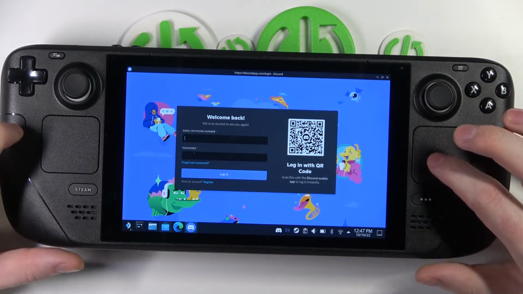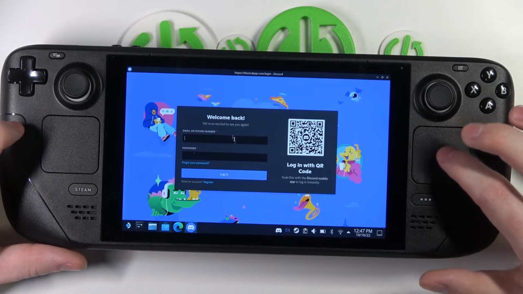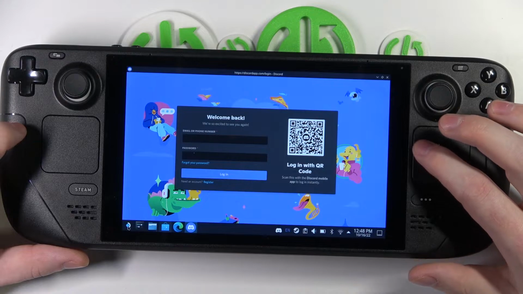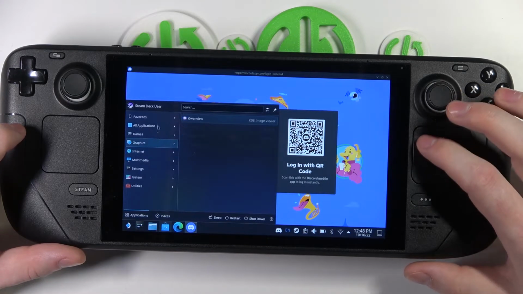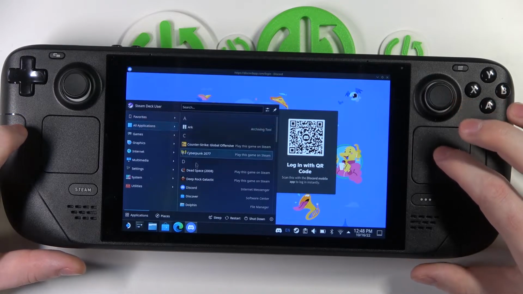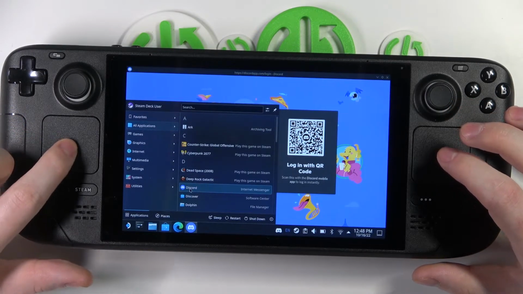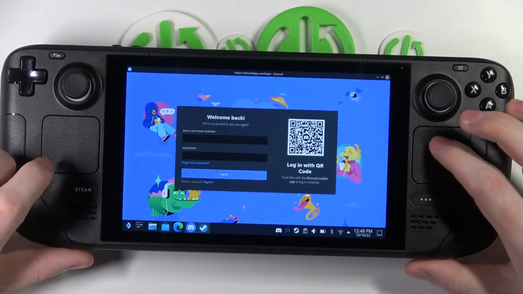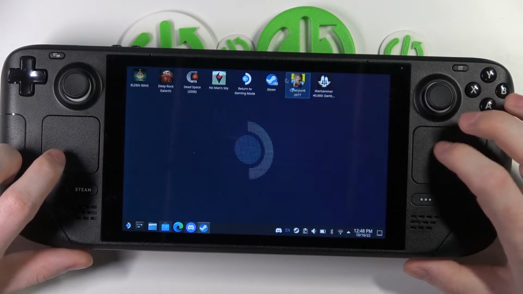And also another thing, if you don't want to go all the time and enable Discord through your desktop mode, you can always click on the start right here, find all applications and Discord in it. It's right here. Hold the left click on it and add to the Steam. Now if we turn back the game mode for this device,